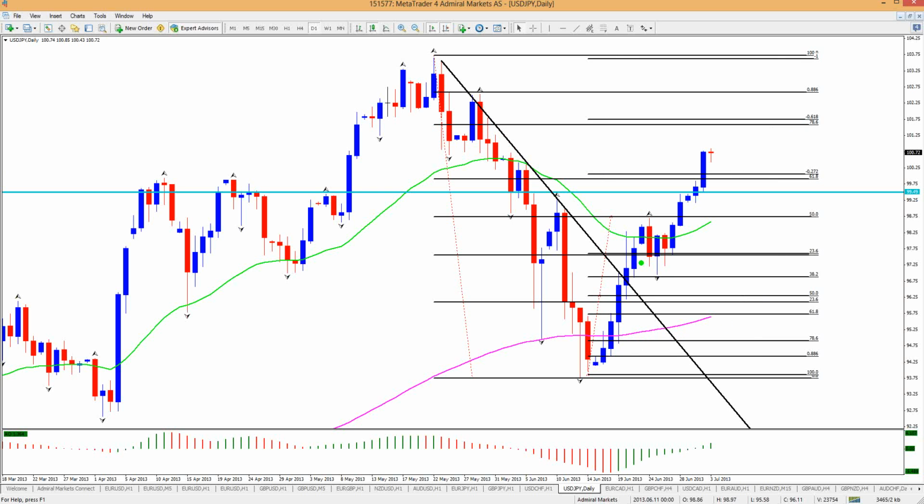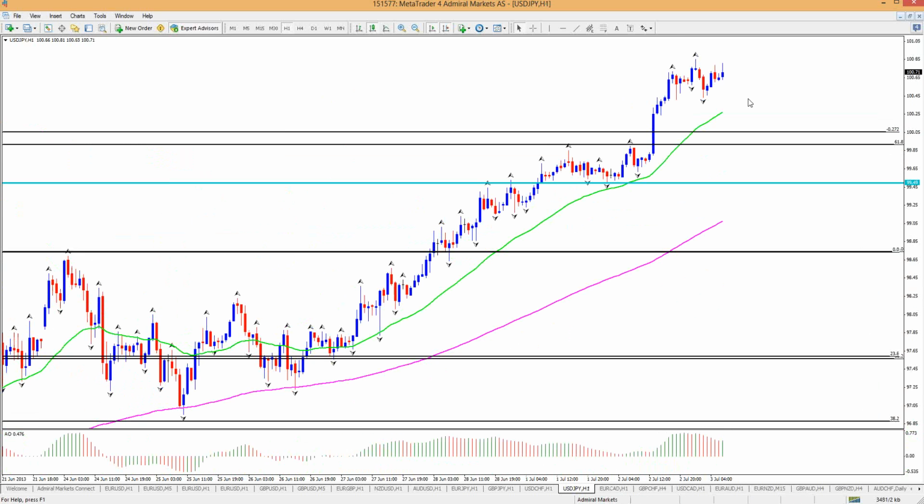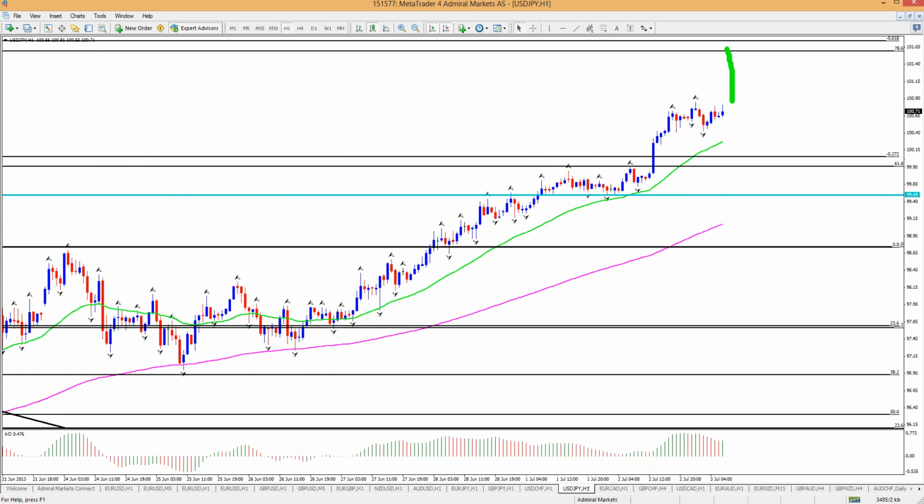If you fib this first move up from here to here, we got a 382 bounce, and the 272 and the 618, minus 272 and the 618 are lined up, just like the minus 618 and the 786 are lined up. All right. Yesterday was a very bullish day as well. So that could seem interesting to me if we then zoom in maybe to the 1 hour chart, and a break of this top, for example, could signal that continuation to that target.